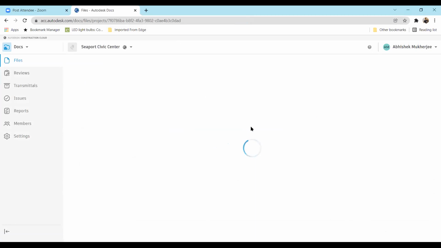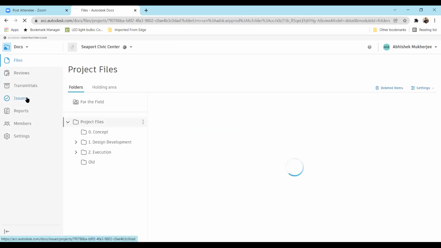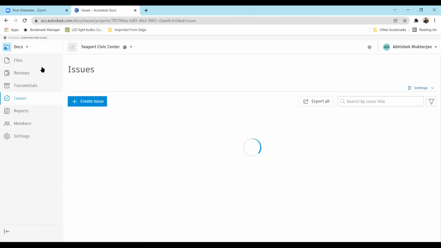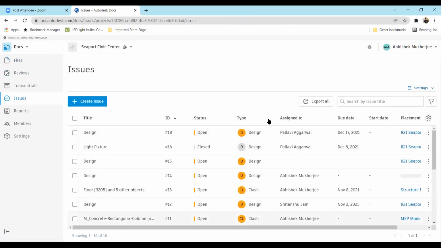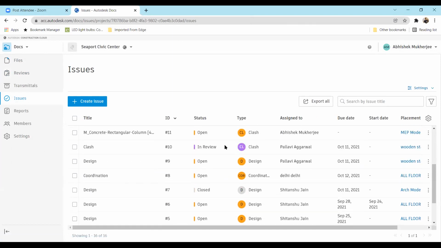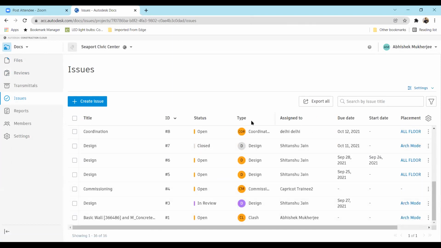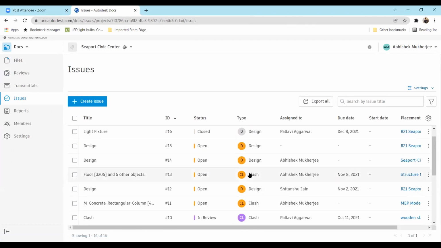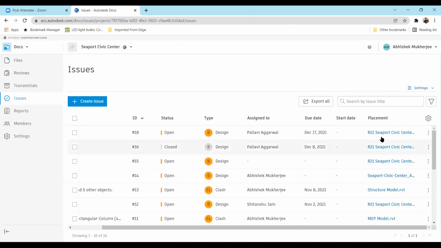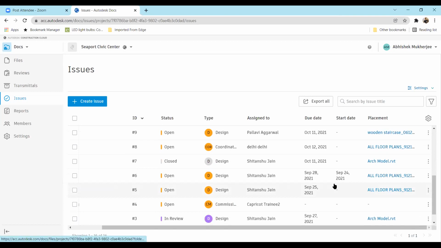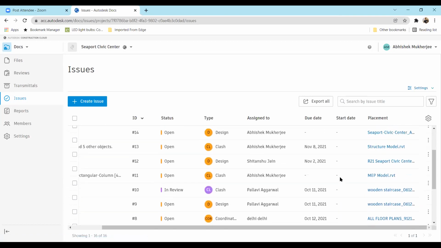We had created a lot of issues over there. So if I go to the issues section, I'll see that there is a single data repository, a single place from where we can download or see whatever the issues are. We can see that there are so many issues all across this project in various files. It will tell you which file has the issue. It will tell you which date the issue was created in and so on.